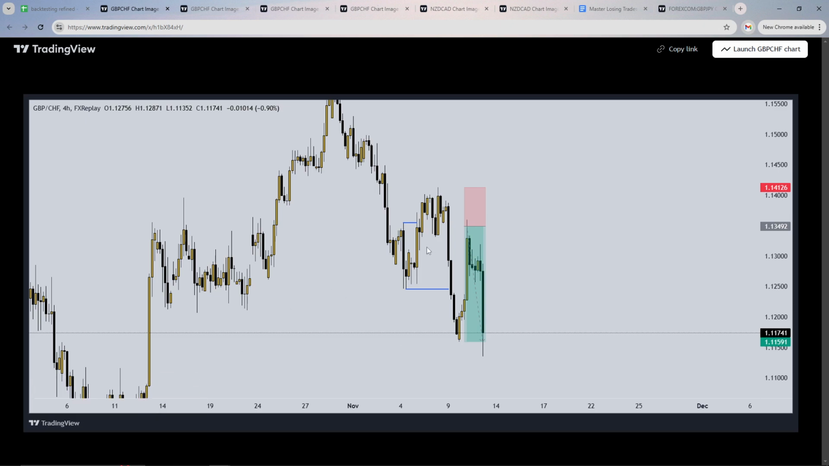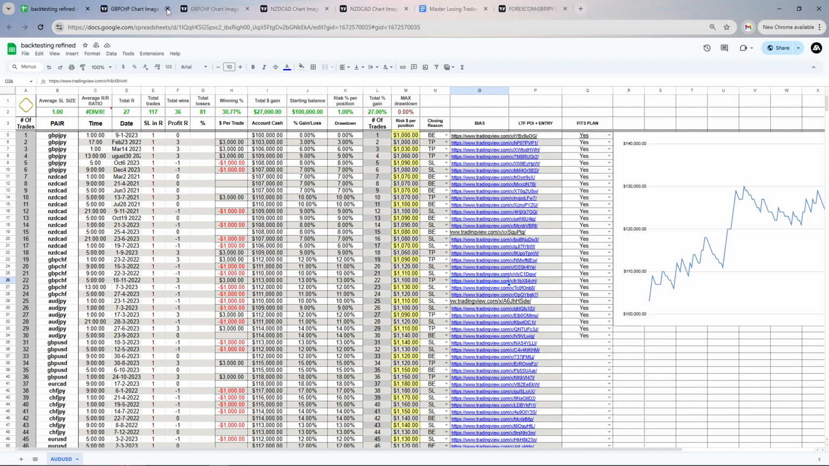It's another good one in my opinion. I like the liquidity sweep here. I like the break of structure. Super impulsive with a lot of fair value gap. Let me delete some of these so we don't get too